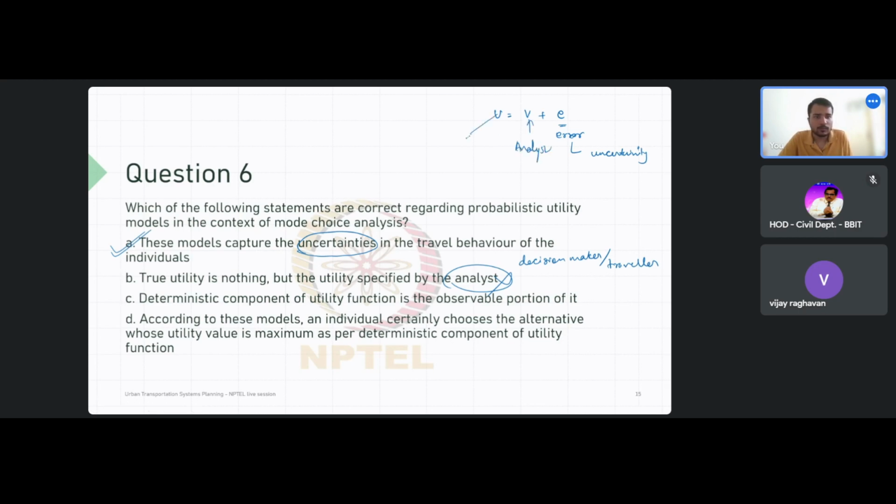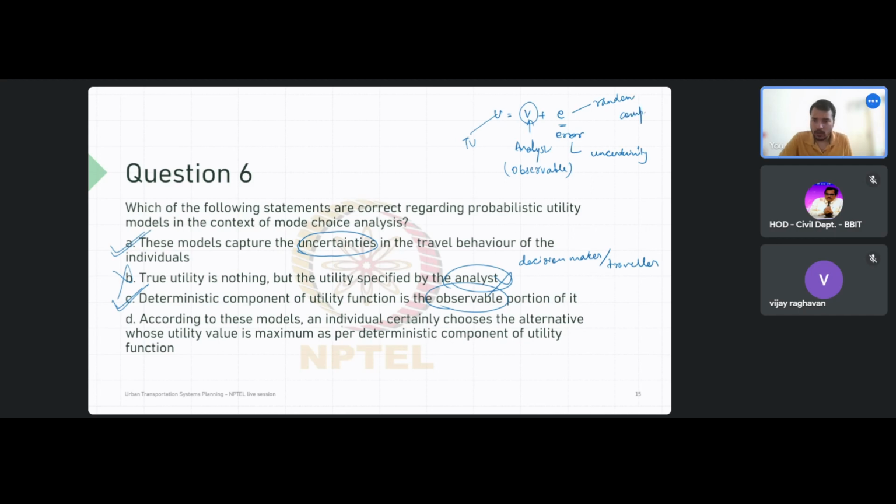And this is the true utility. So we can remove B. Then we have deterministic component of utility is the observable portion of it. So yeah, this is true because what we see here, V is the observable portion that we can define using our parameter. So C is correct. So V is what the analyst defines, it is observable, and the error will be a